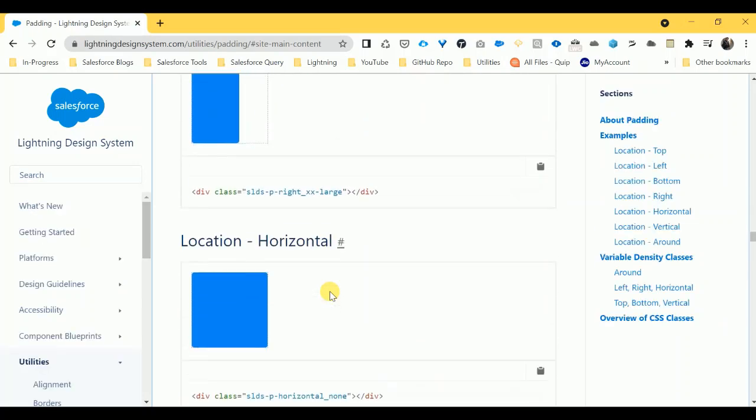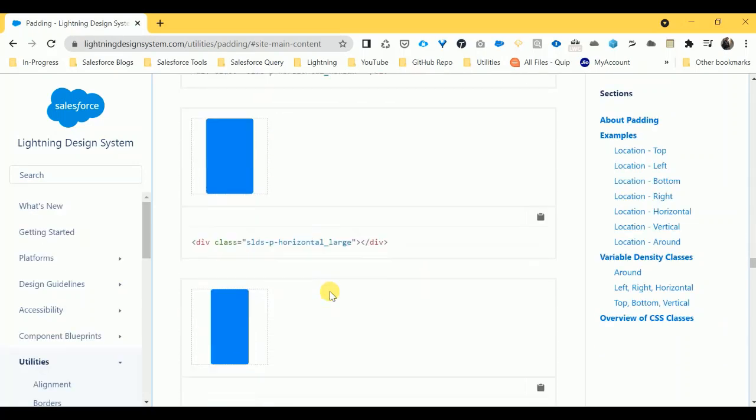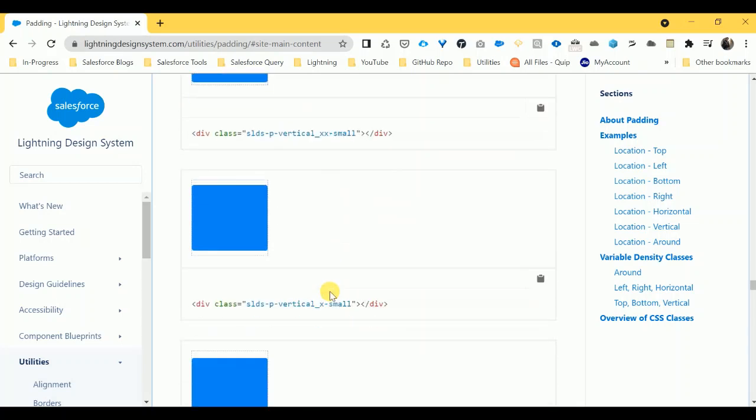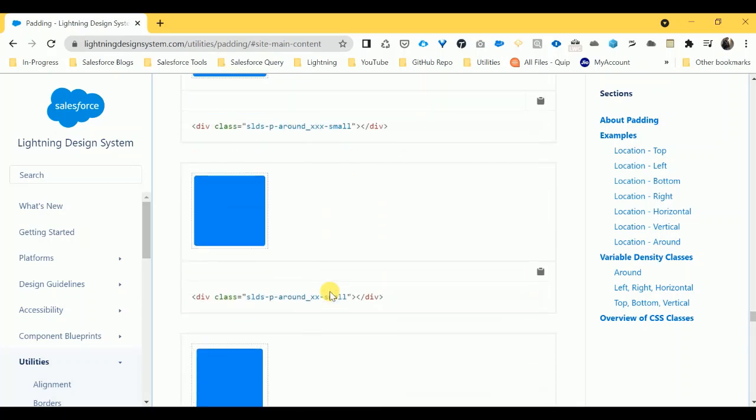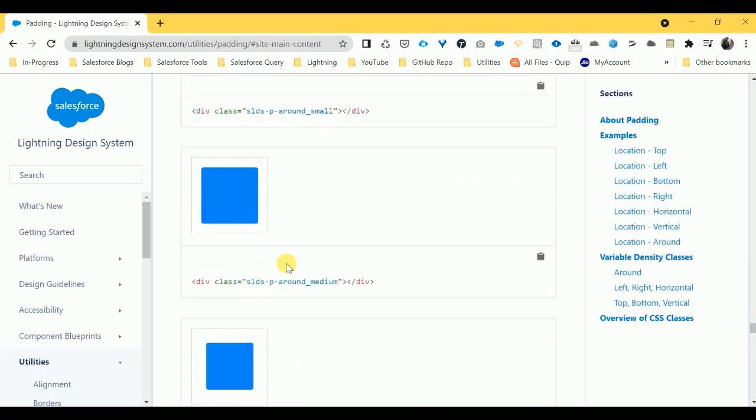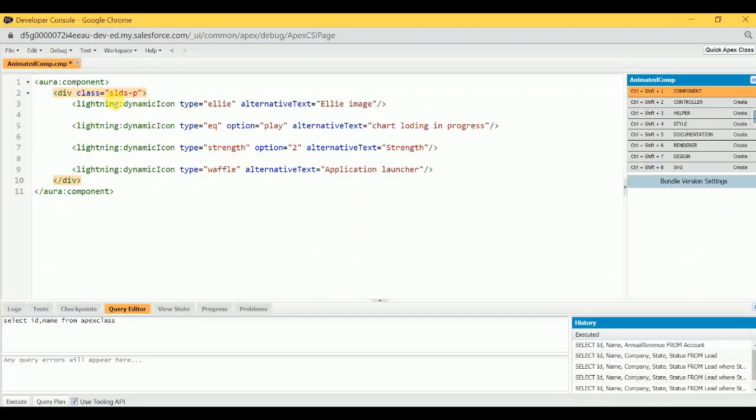So let me check one by one, is any around there. Here you can see around. Yeah, so I need this one. Just copy this class name from here to here and paste it here. Save it.